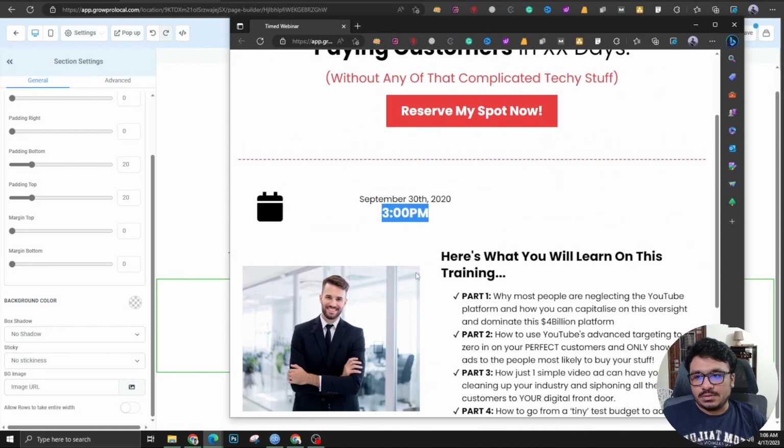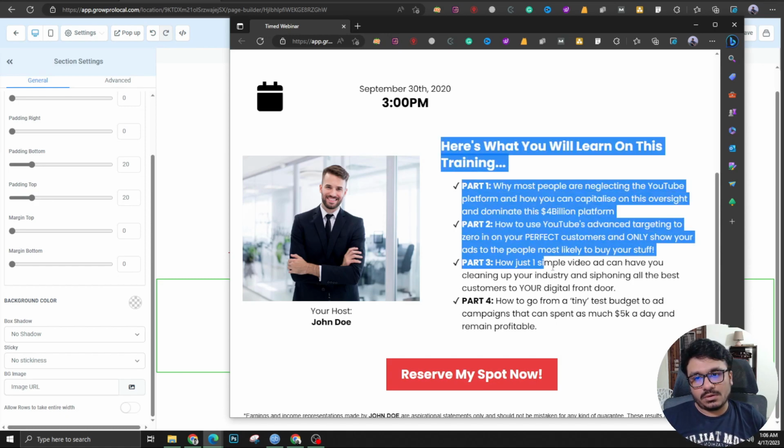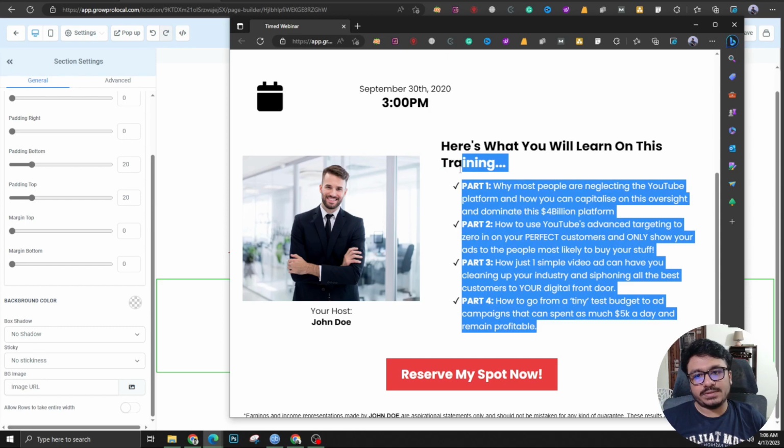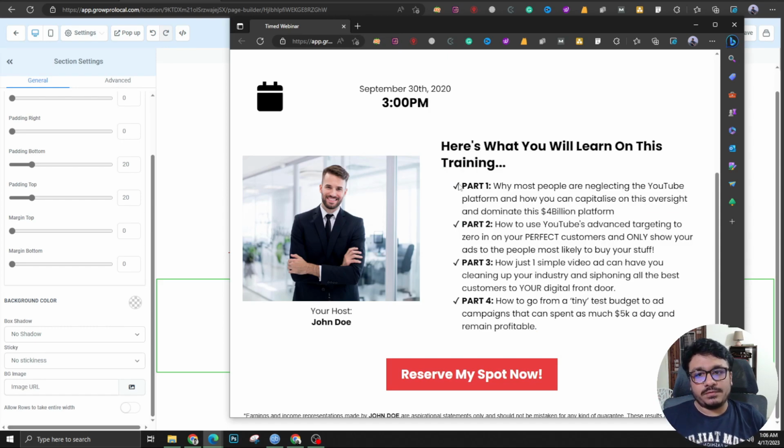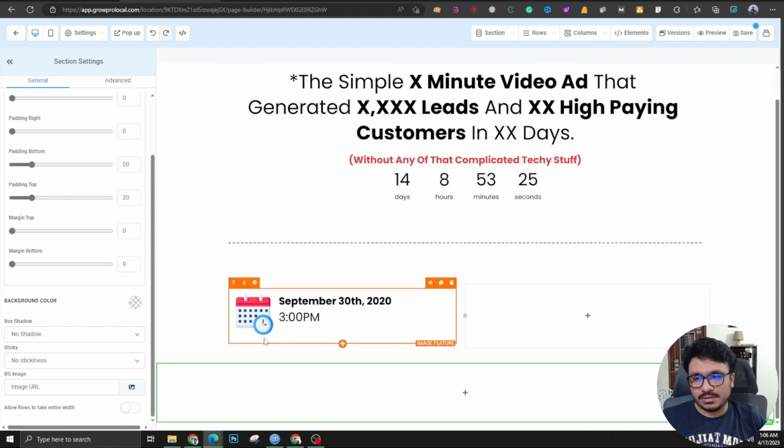Now, the other part of this landing page is this. So this is a quite important section. You've got all the benefits, like bullet points are really good to provide information to the users or traffic. And you can have the host, like your client's image or your own image if you're creating this for yourself. So I'm going to create this section now. So that's fine. This one is okay. Now take another full width,